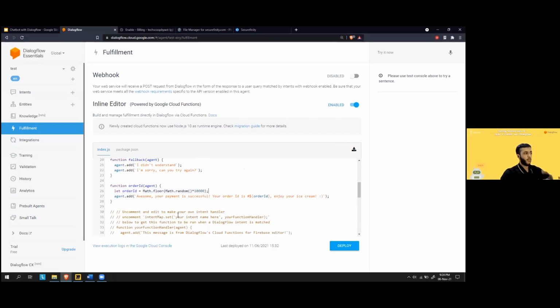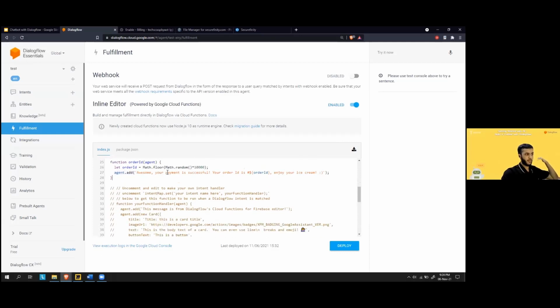And our chatbot is going to respond with this. So your payment is successful, your order ID is, and we are putting a $ sign in order to access this variable. And then we put these brackets, and then we put the name of the variable inside. And then we close the thing. And this is not required, sorry. Okay, it is, never mind. And that's our